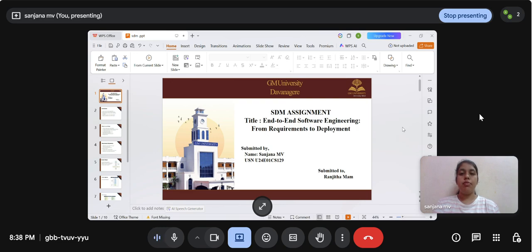So today I am going to present my project, Software Engineering from Requirements to Deployment. This project focuses on designing a mini social media application called GMinsta. The main purpose of this project is to understand how a real software system is designed step by step, starting from requirements gathering, system design, modeling and planning for implementation. Instead of directly coding, the project mainly focuses on the design and planning phases, which is very important